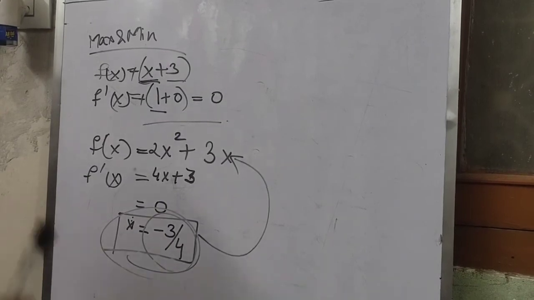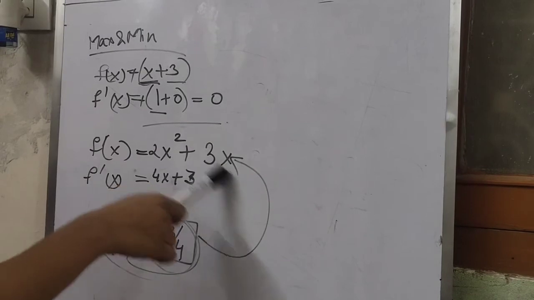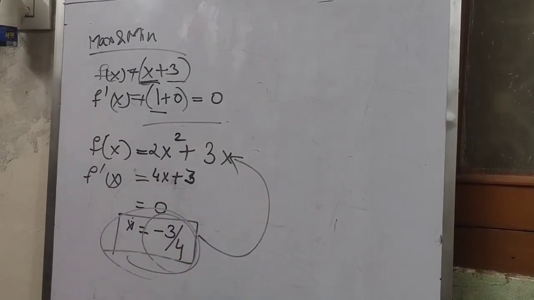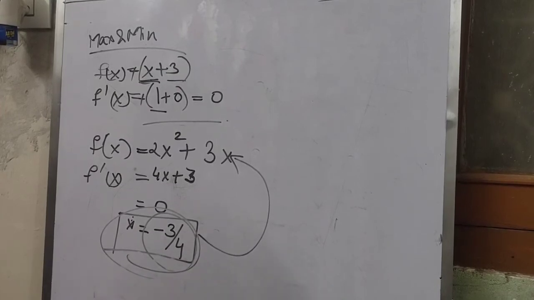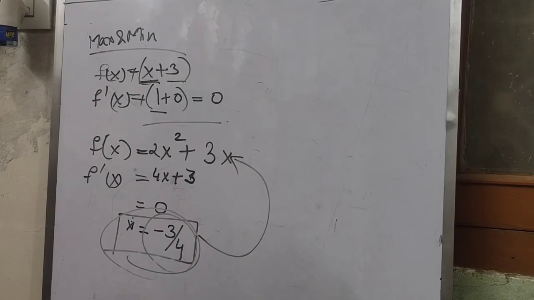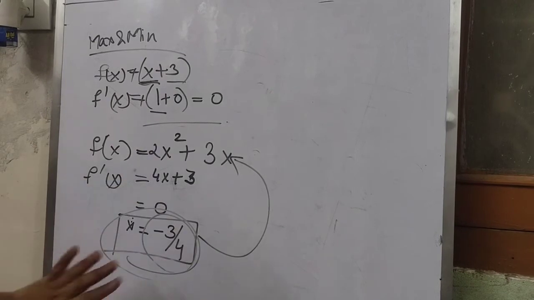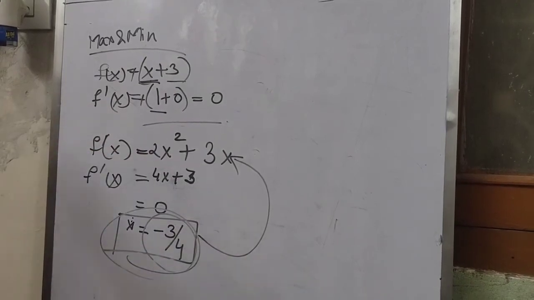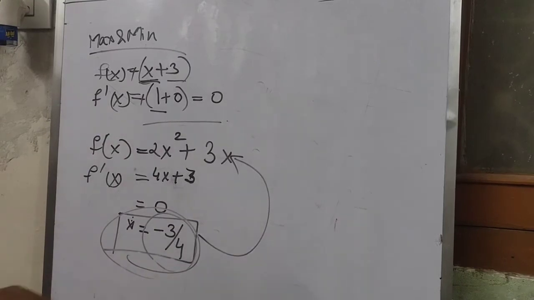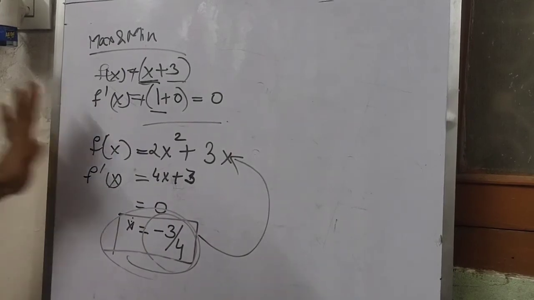On the other hand, if I have a function going from negative and I receive a positive value, then I'll say that my function is going towards a local minima. Whereas if my sign does not change at all, that is if it's positive and I'm getting positive, and if it's negative I am receiving negative, then I will say that my function has a point of inflection, that is it's neither maximum nor minimum. So this is about our maxima and minima.